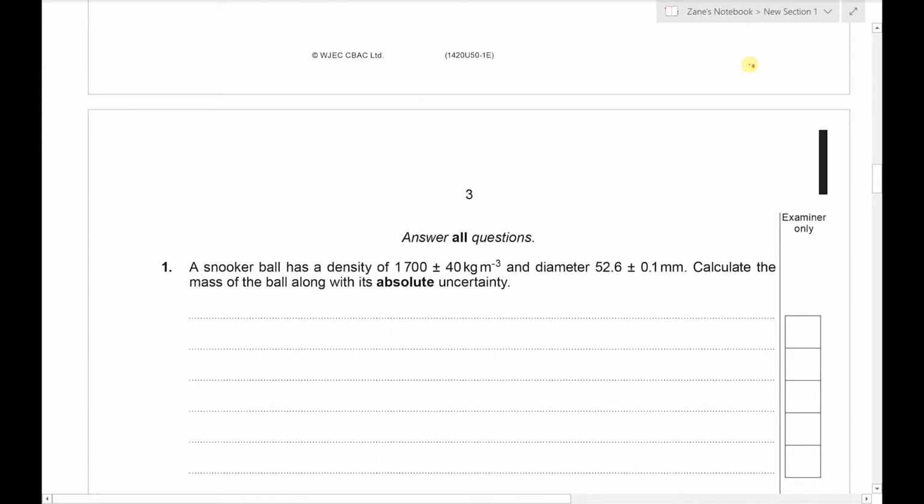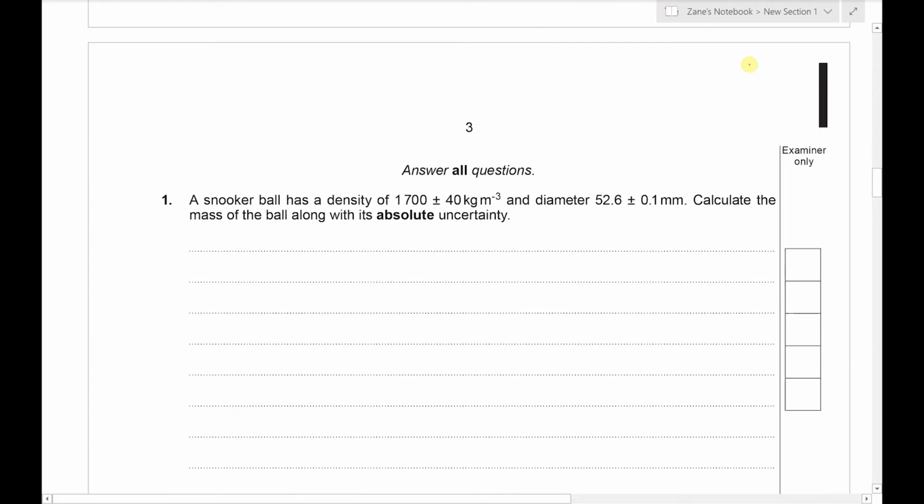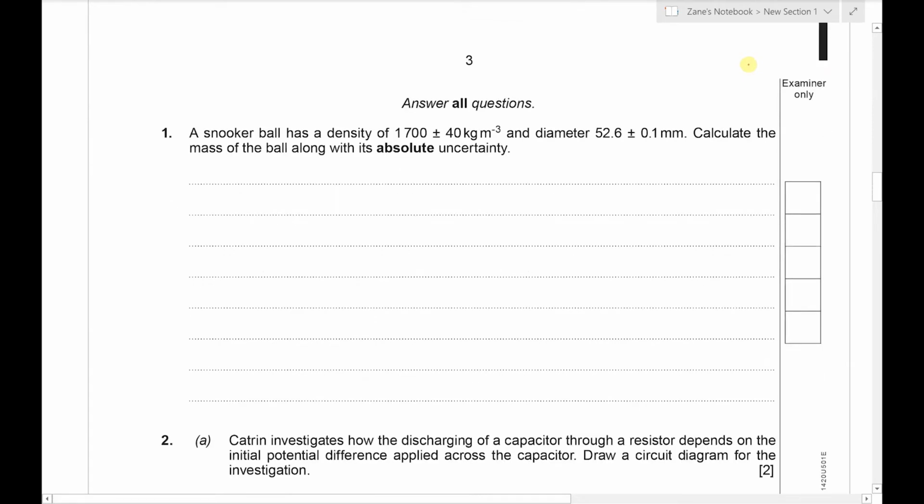The first question tells us we have a snooker ball with a density of 1700 kilograms per meter cubed with an uncertainty of plus or minus 40 kilograms per meter cubed. Its diameter is 52.6 plus or minus 0.1 millimeters, and we're asked to calculate the mass of the ball along with its absolute uncertainty. So first thing we're going to do is work out the volume of the ball using